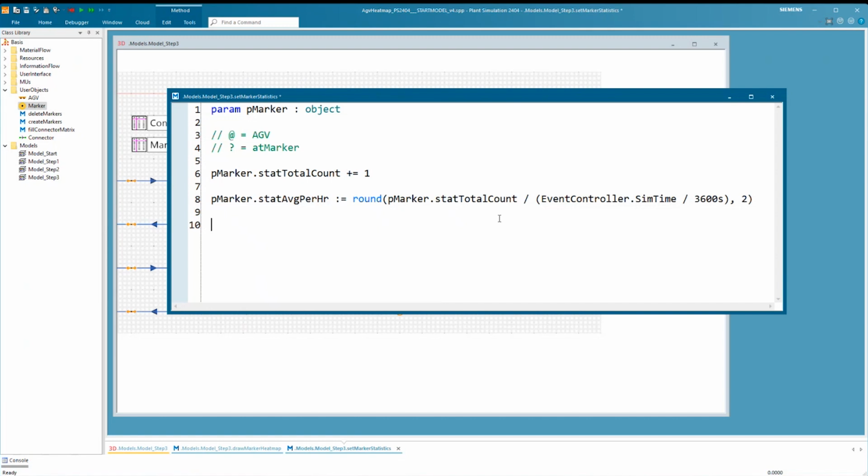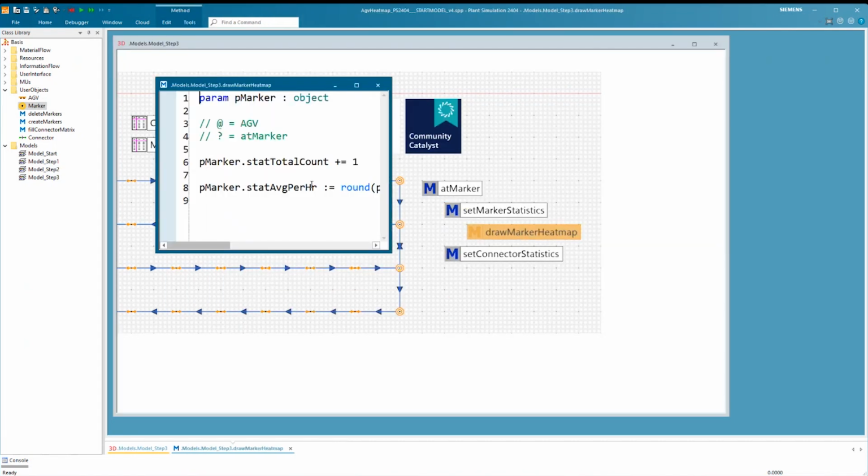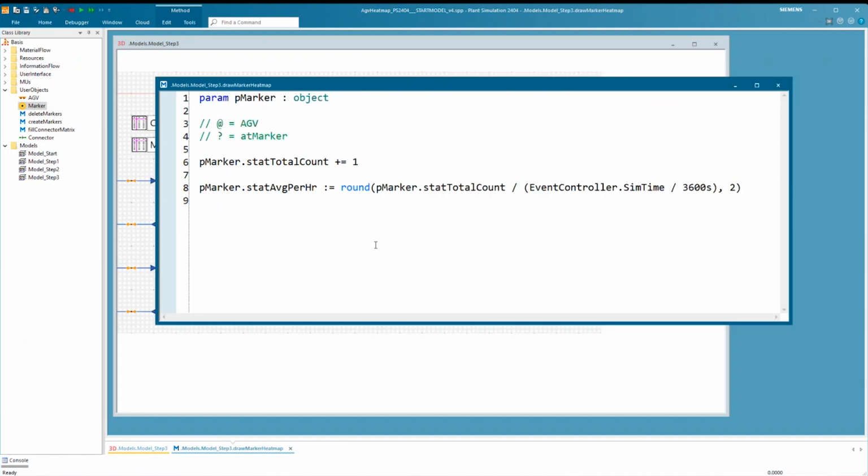But of course, it's not so many lines of code. You could do all of this in the same method. So after updating my statistics, I will then draw the marker heat map. And in this method here, I want to look at the average number of AGVs per hour.